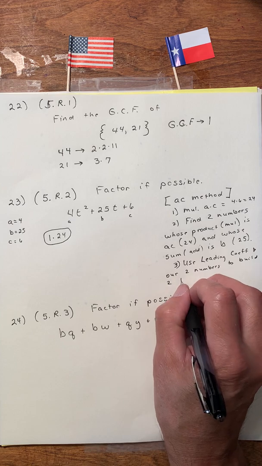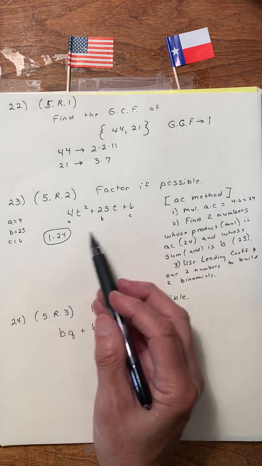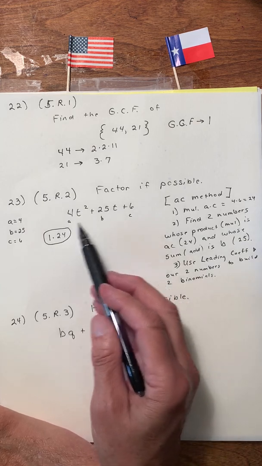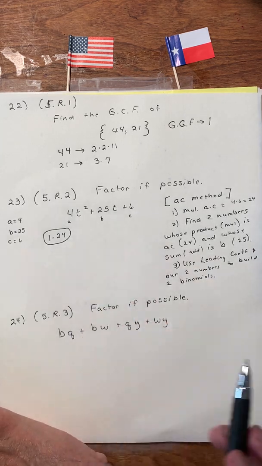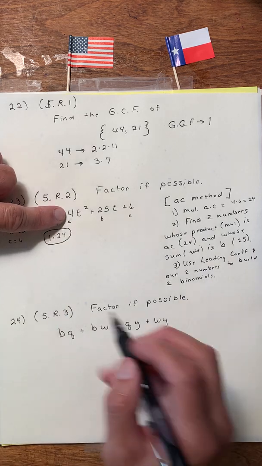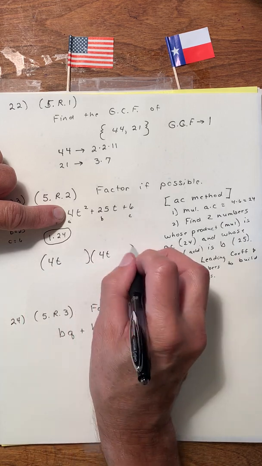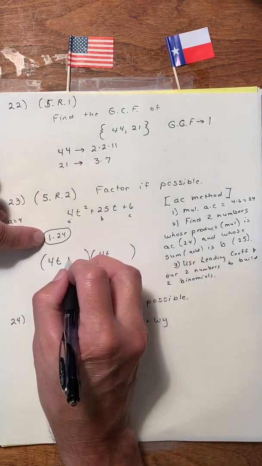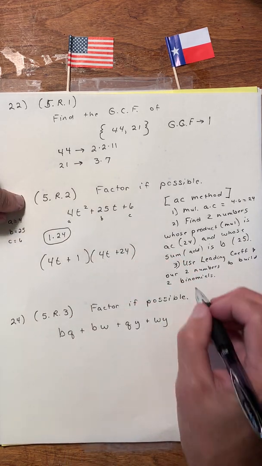two binomials. And by the way, ladies and gentlemen, if you want to take it another way from what I'm doing here, once you find the 1 and 24, help yourself, like the grouping method, if you want to use that, which is another of our sections. If you want to use the grouping method, that'll work also. Help yourself. But I'm just going to show you here. Using 4t in both my binomials, use the leading coefficient and our two numbers, and that's positive, to build two binomials. Final step,